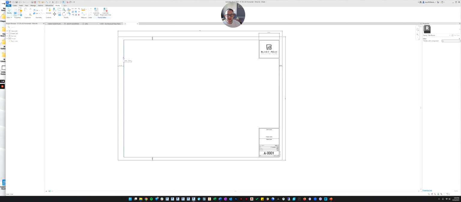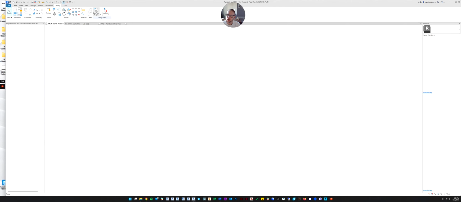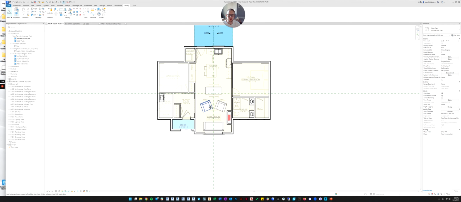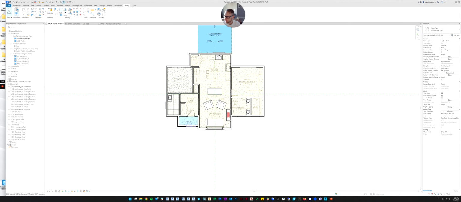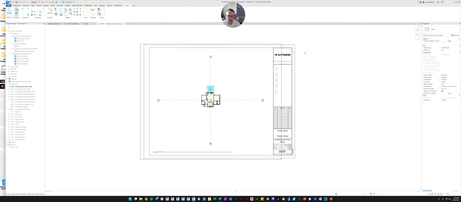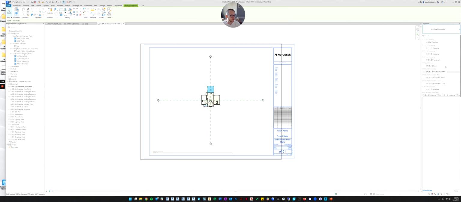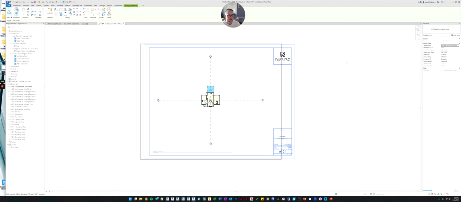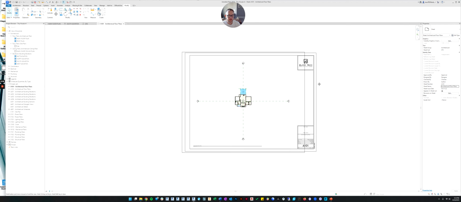And now it's on your desktop and you could load it like you do any other family. But since you're already in the family editor, there's this handy little tool up here that says load into project. So if you click the load into project, it will automatically load your title block in there for you. So now we need to go back to our sheet. And now all you have to do is click on the title block and look for yours. So do you see how it says E30x42 horizontal mine? I'm going to change it from this one to this one. And now there's my title block.